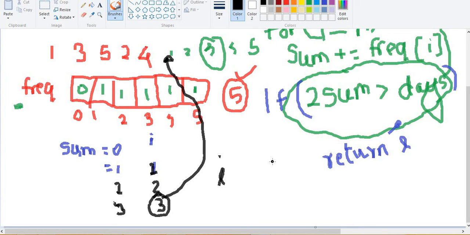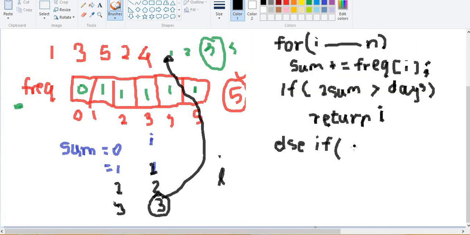So for an even number of elements for which we have to find the median, what we can do is equate it. So there is a space problem. Let me clear this. Okay. So else if twice of sum is equal to the given number of elements. Let's say we have taken days for that matter, for how many days we need to find the trailing median. So if it was given even, we would use this else if.